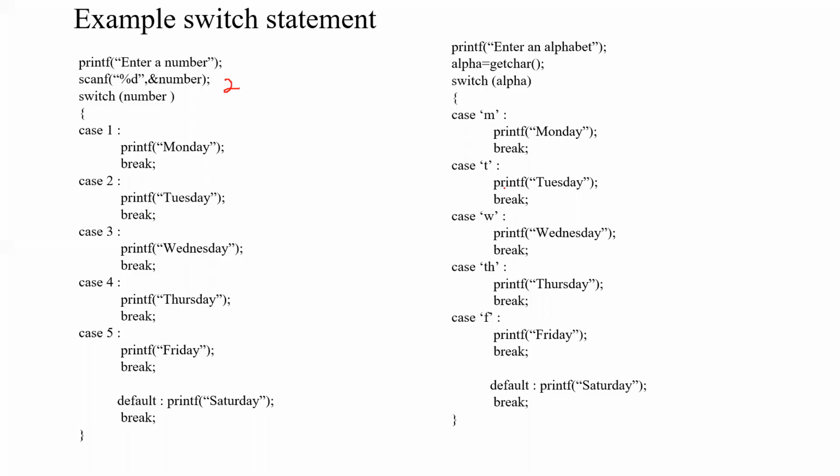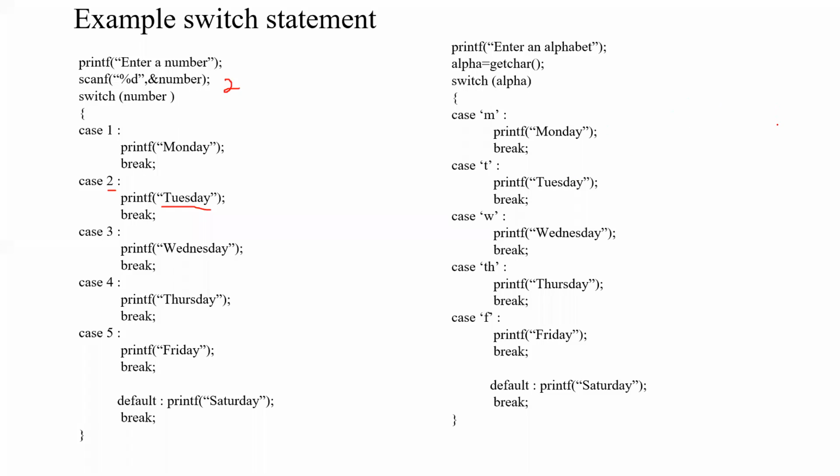Okay. So in the previous one I had given number plus 1, so it will be taken as 3. Now I deleted that plus 1. I was seeing whether you are listening. So with number plus 1, it will be 3, then it will be printing Wednesday. But now I removed plus 1. It's only number, right? So the switch goes to the case label which is matching, that is case 2. So it will be printing Tuesday.